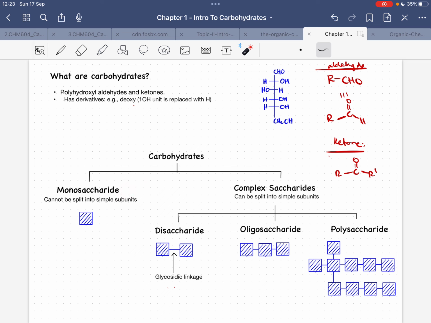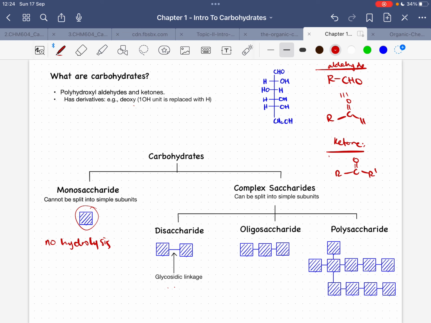Let's begin with monosaccharide. A monosaccharide cannot be split into simpler forms. Okay? It's now the monomer of all carbohydrates. So it cannot be split into simple molecules. How will you know that a monosaccharide is a monosaccharide if you have an unknown substance? Do hydrolysis. If it cannot be hydrolyzed, then it's a monosaccharide. Okay? So for example, if this is a sugar unit, a monosaccharide unit, it cannot be hydrolyzed. No hydrolysis happens. It cannot be turned into a simpler unit.